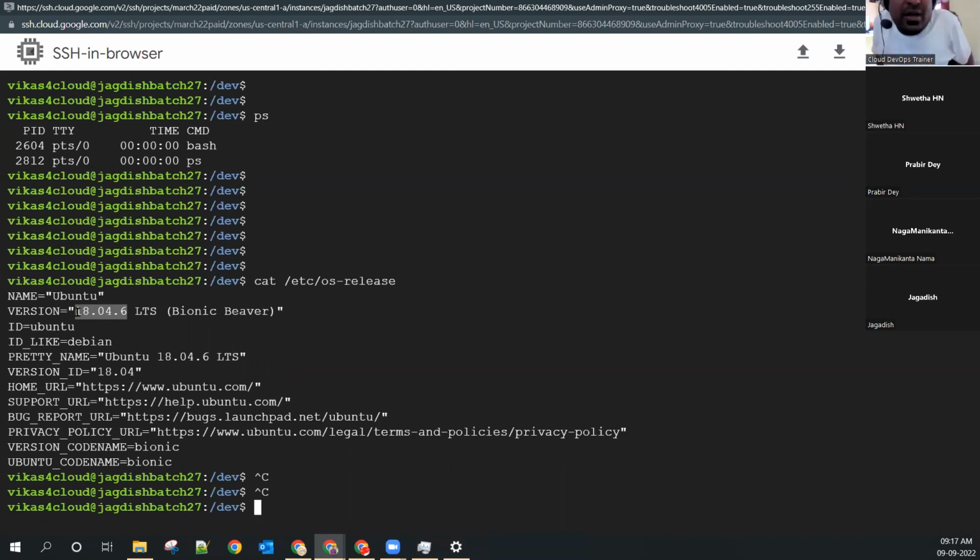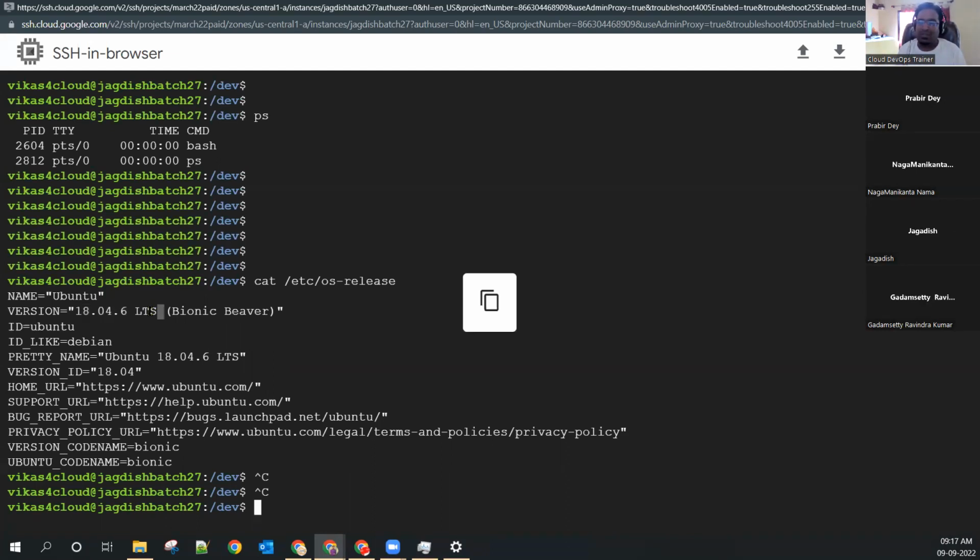You remember Windows 7 support has been outdated. Now Microsoft is telling us, we will not support Windows 7, you have to upgrade to Windows 10. Yes or no? Anyone heard this word? Yes, right? Same concept in Linux also, but Linux is giving LTS, which means we will give long-term support for that. Windows also says that if any operating system comes, there may be chances the new operating system may come very quickly, but there may be chances the operating system may stay for long term as well.